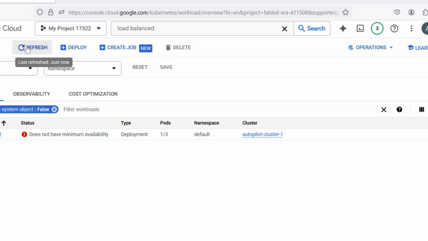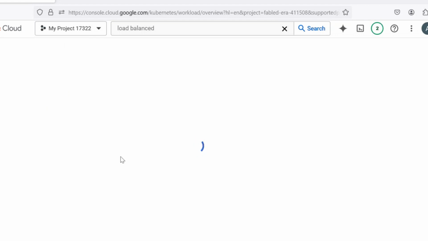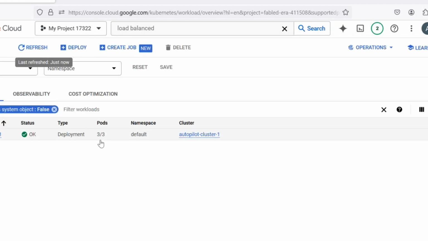It is searching for, see here, 1 pod got created out of 3 pods. Out of 3 pods, 1 pod got created in 3 worker nodes. Let's refresh. You can see all the 3 pods got created in 3 worker nodes. It is okay, right? So your Nginx application gets deployed in 3 different pods in 3 different worker nodes. Let me check. If you go inside,